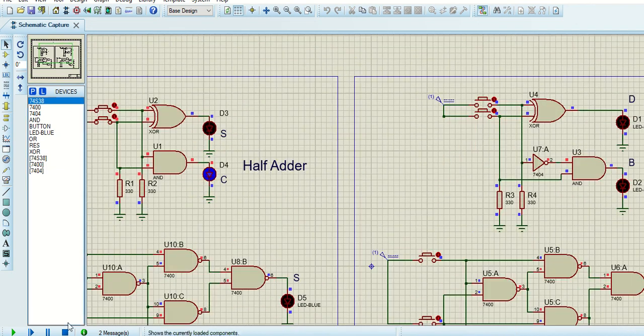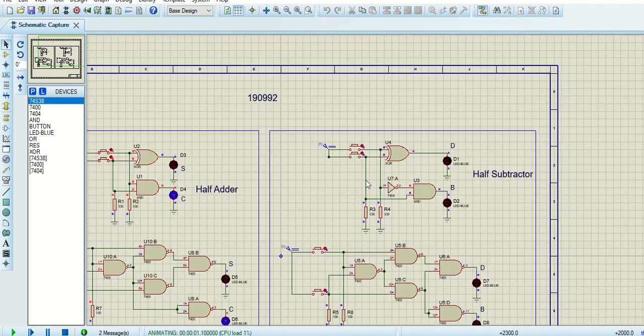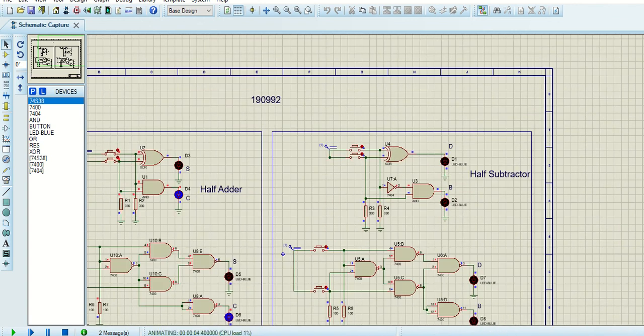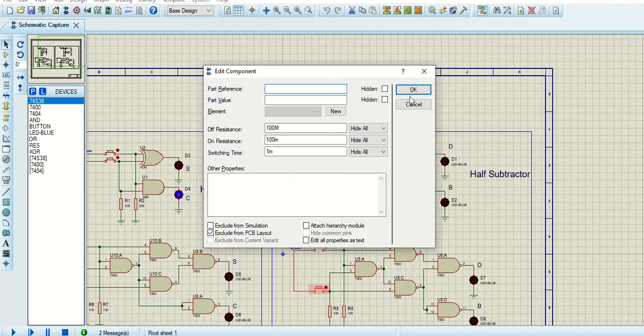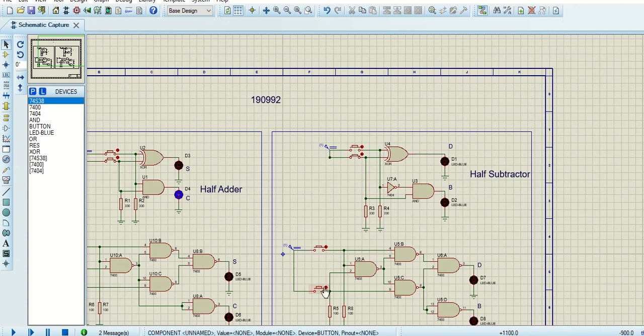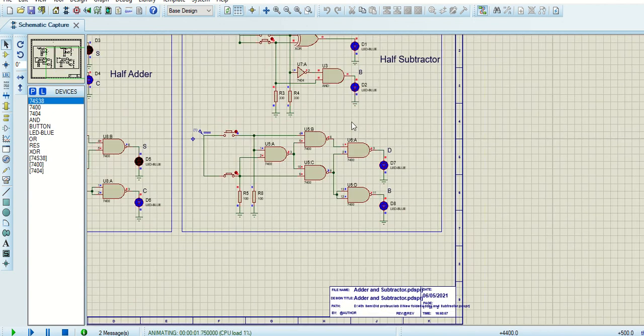And similarly in the half subtractor, when we have input 0 0, the output is 0, difference and borrow. But if I change it to A 0 and B 1, you can see